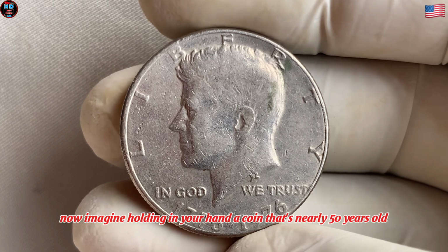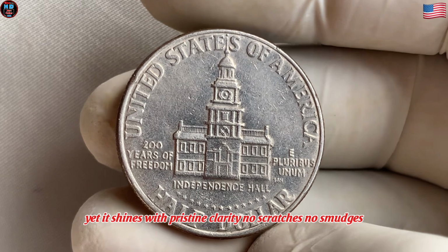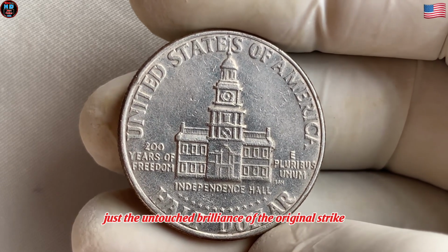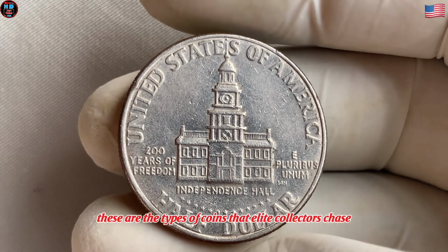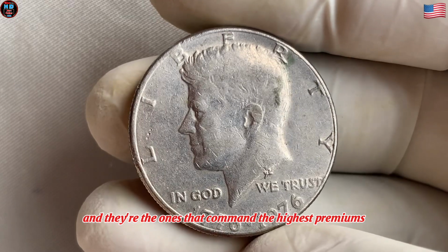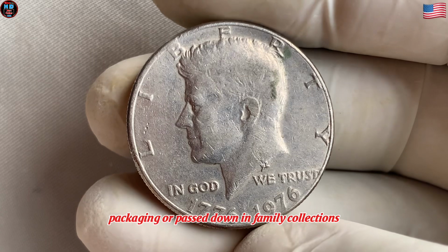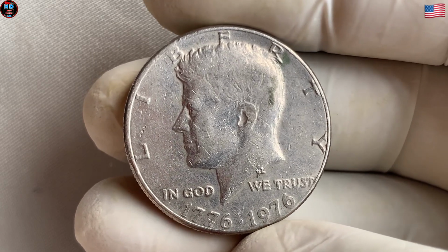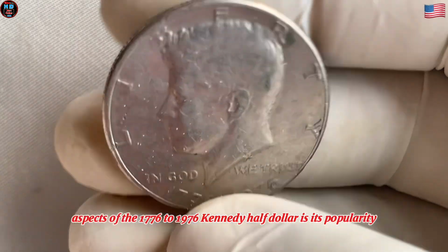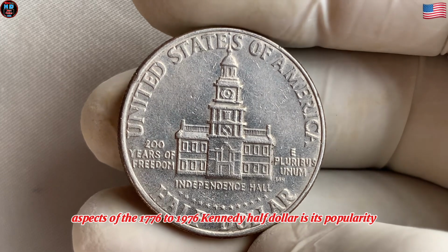Now imagine holding in your hand a coin that's nearly 50 years old, yet it shines with pristine clarity. No scratches, no smudges, just the untouched brilliance of the original strike. These are the types of coins that elite collectors chase, and they're the ones that command the highest premiums. Coins like these, found in their original government packaging or passed down in family collections, have stunned even seasoned experts when they surface. One of the most exciting aspects of the 1776 to 1976 Kennedy half-dollar is its popularity